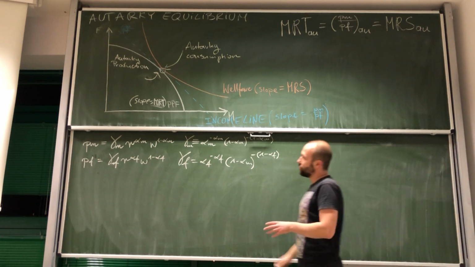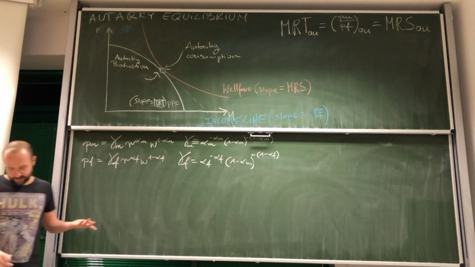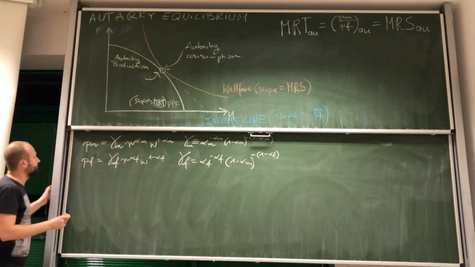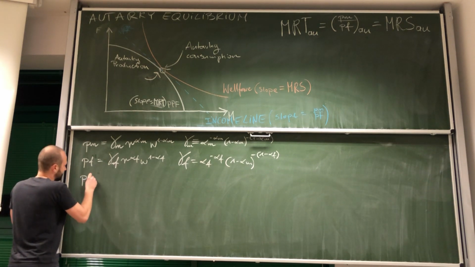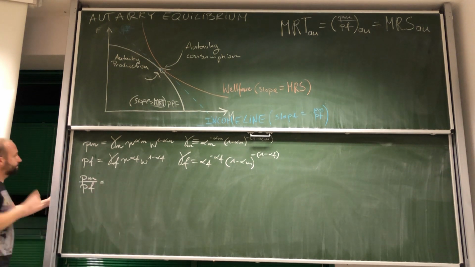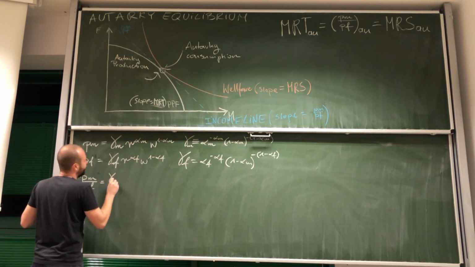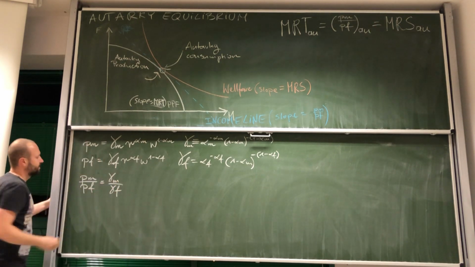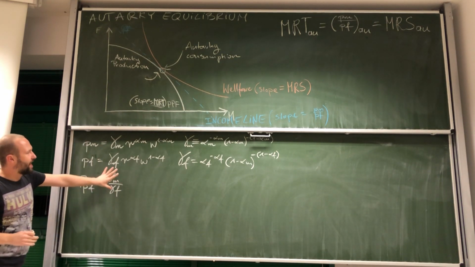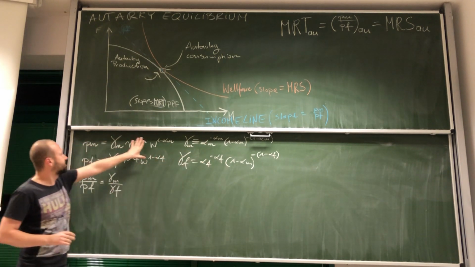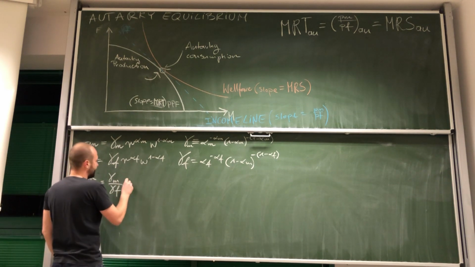Okay, so what we have in our equilibrium condition is the ratio of these prices. So let's now calculate the ratio of price of manufacturers to price of food. Okay, so we get that this is gamma m over gamma f. We don't actually need to simplify those. We will leave it like this, but we need to simplify the rest. Look, we're getting here that this is